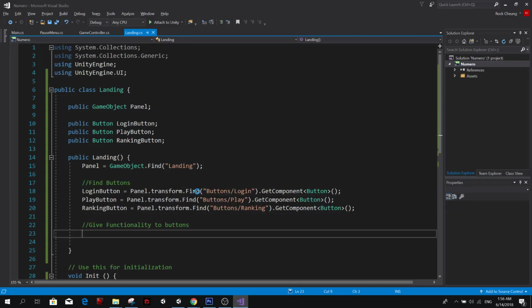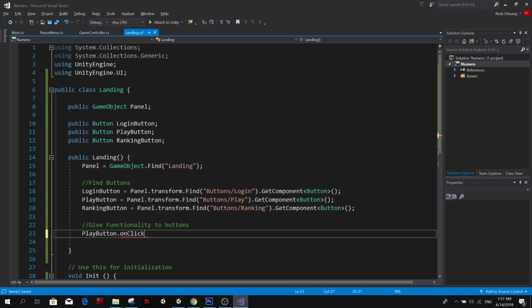So now we're giving functionality to the buttons. First I'm going to get the play button. I'm glad you guys like it. Thank you. So play button dot on click, and bye Duke, see you next time.